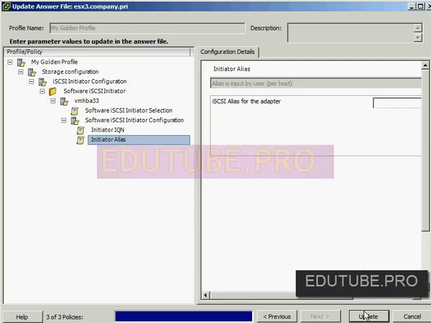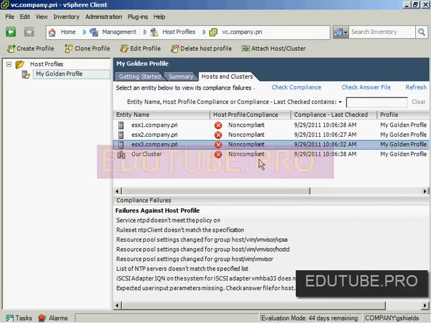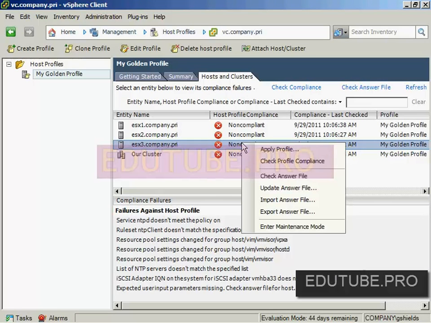You'll see this answer file includes information for the software iSCSI initiator selection configuration, and also the IQN information and the alias information. If I want, I can make modifications to these values for what I want to apply, and click Update to update that answer file. The process to bring this host into compliance in an automated fashion is by ultimately applying my golden profile. Now, as you can imagine, you don't want to do this while the machine is running and its virtual machines are doing things. I don't want to go and change a configuration of